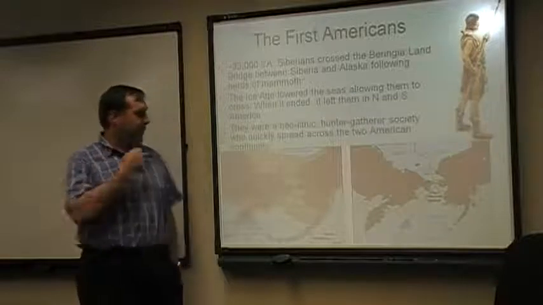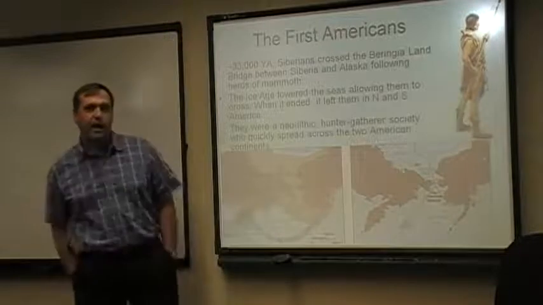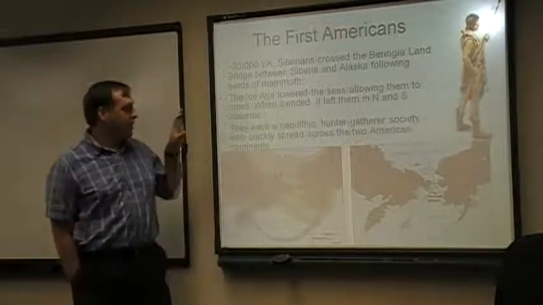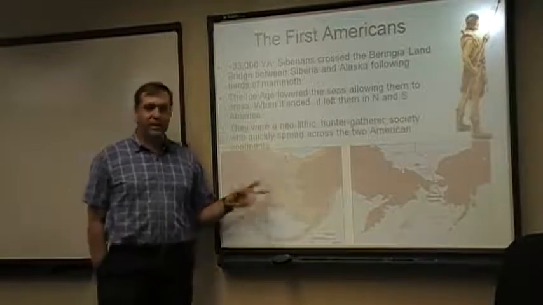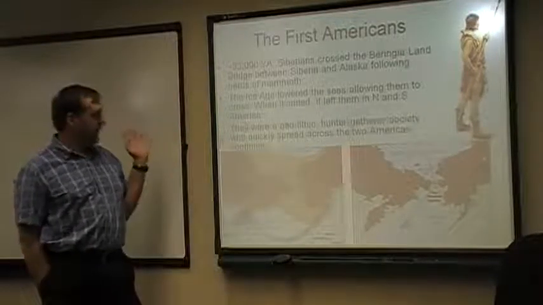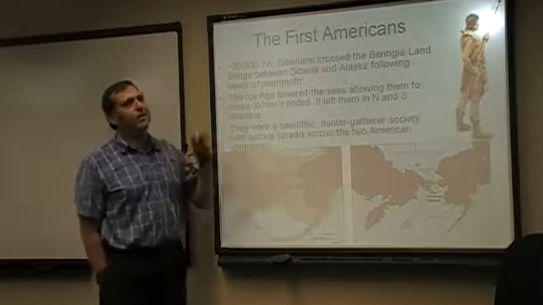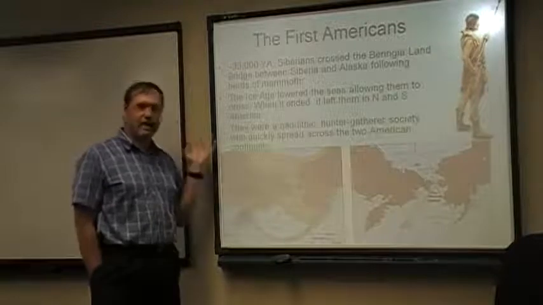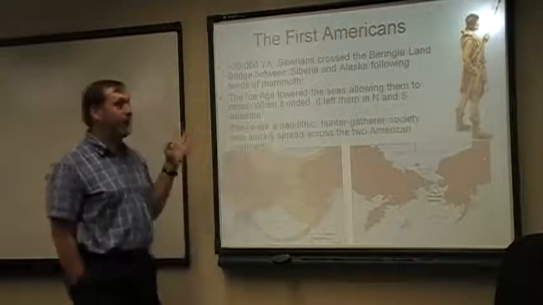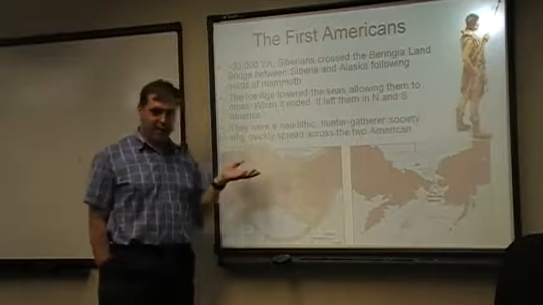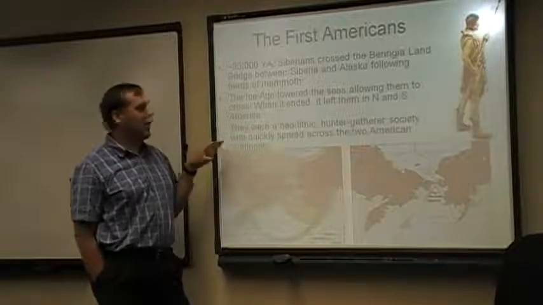But also, particularly of interest to us, is the territory between Alaska and Siberia. Because during these periods where the level of the ocean goes down, a lot of what would normally be the seafloor actually is exposed. And during this period, and our best guess, some anthropologists say it's about 15,000 years ago, and some say no, we got dates of sites that are 25,000 years ago, some say it's got to be pushed back farther, 33,000 years ago. Anyway, the date isn't terribly important unless you're going to be an anthropologist, in which case it's super important. But at some point, we're going to see that